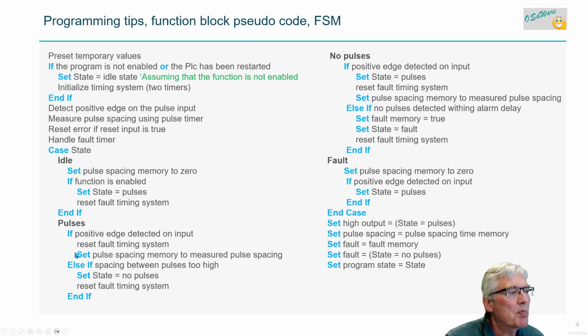And then set pulse spacing memory to the measured pulse spacing. So on each pulse, timing too high means there's a timeout here. Then we go to no pulses, fault timing system reset, no pulses. Positive edges, we go back to pulses again because we get new pulses. So we don't set the error output, but maybe you should set warning output,